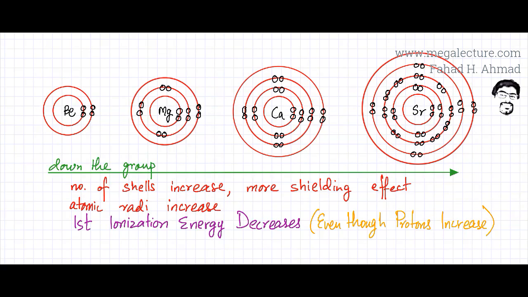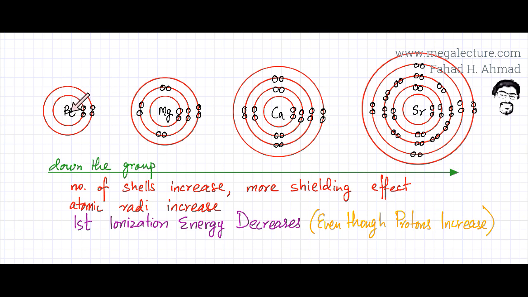For example, if you look at strontium over here, the attraction between the nucleus and the outer electrons is going to be lesser because there are lots of different shells and electrons coming in between. So the outer electrons will not be very strongly attracted to the nucleus. Whereas in beryllium, there are fewer shells between the outer electrons and the nucleus. So the shielding effect is going to be lesser, and the attraction would therefore be relatively stronger